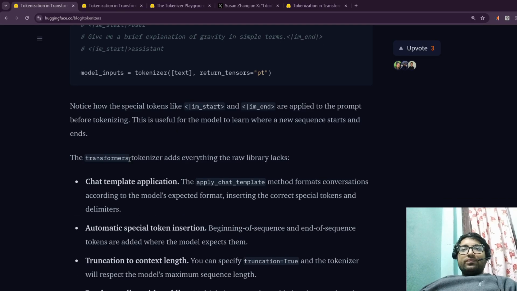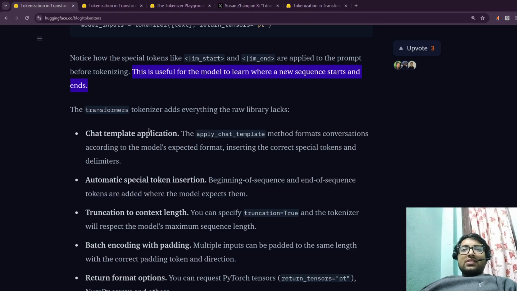Notice how the special tokens like im_start and im_end are applied to the prompt before tokenization. This is useful for the model to learn where a new sequence starts and ends. The transformers tokenization adds everything the